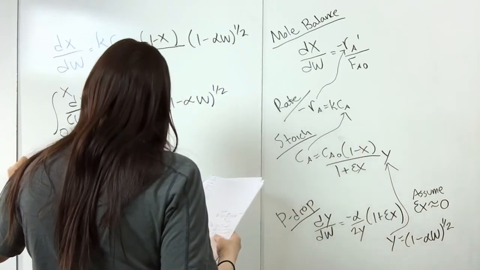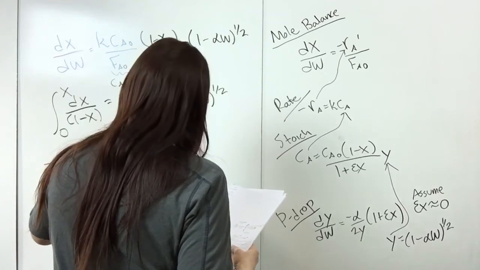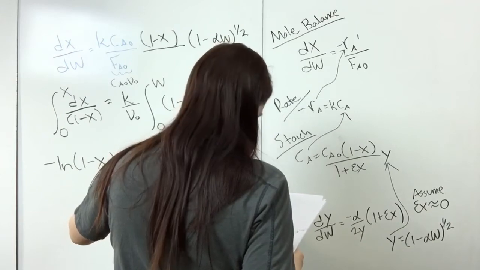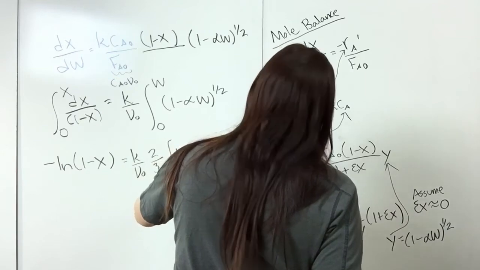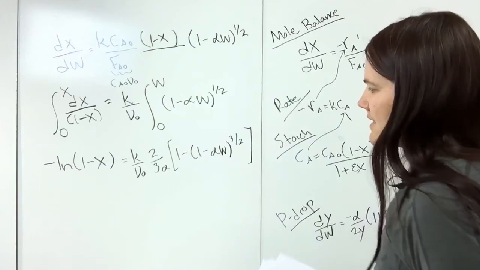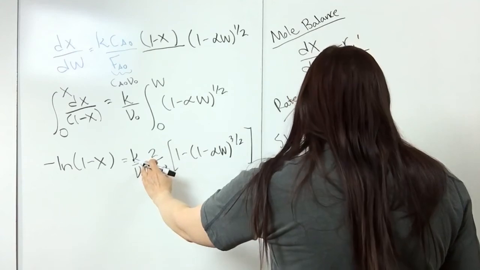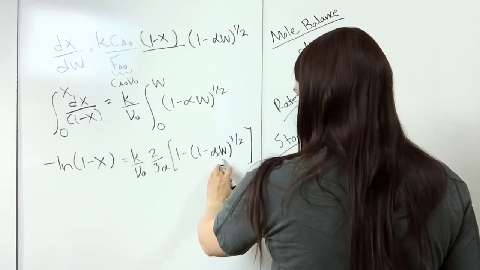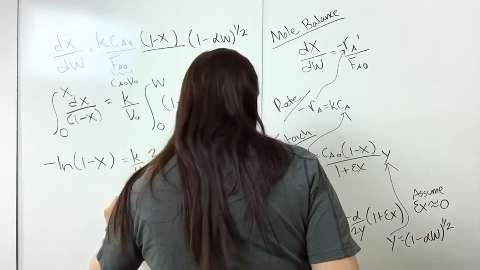So then solving this, we get minus ln(1 minus x) is equal to k over V0 times 2/3 alpha times (1 minus alpha w) to the 3/2. So then we should have everything we need to solve for x. So we know what k is because it was given. We know alpha, we know w, and we know V0. And so solving for x, you get that x is equal to